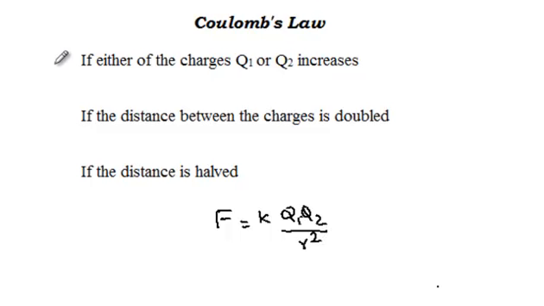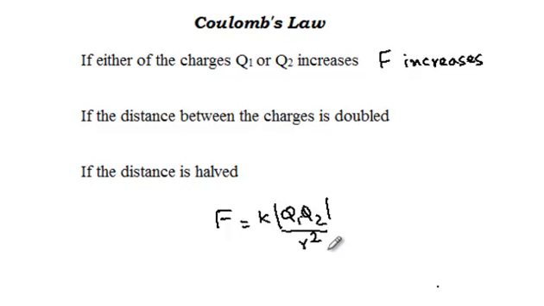So the first is if either of the two charges increases, whether it is Q1 or Q2, we know that the force is going to increase because the product Q1 Q2 will increase. So the force increases. So you might think that say one of the charges Q1 is negative. Even if it is negative, we will simply say that the force is in the negative direction, but the magnitude of the force is going to increase. Because if you look at this formula, this is the magnitude of the product Q1 Q2.